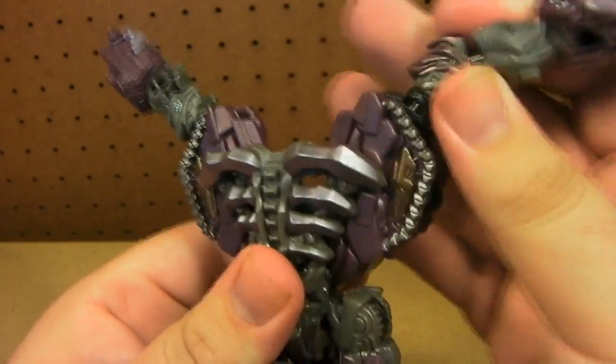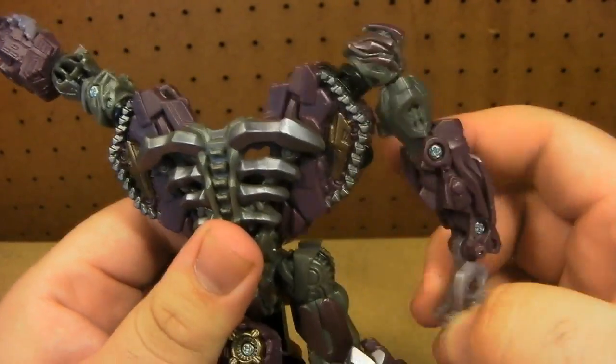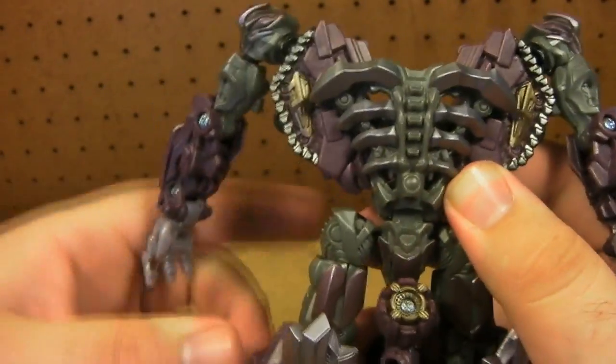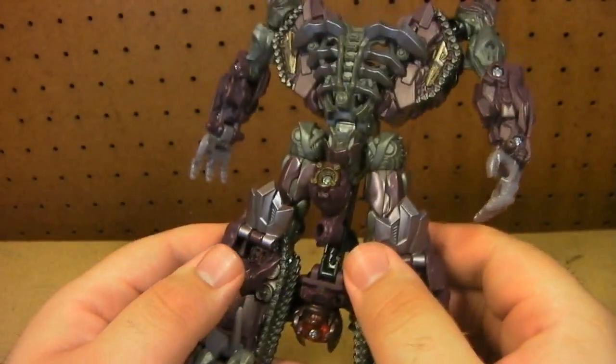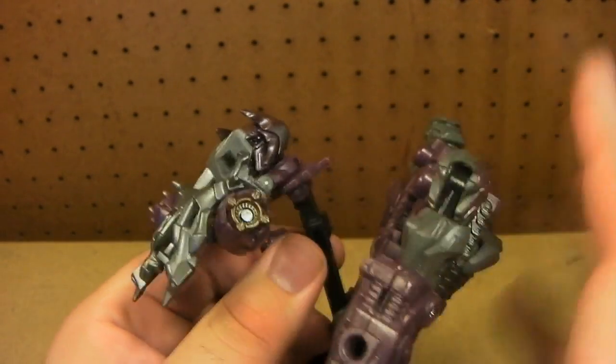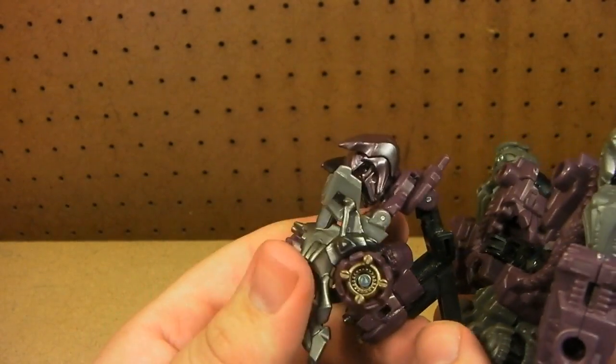Now for his arms, you just want to fold them around, bring them down, pop the hands out, fold them around, bring it down, pop the hands out. And then lastly, we need to do his head. Now to get his head unlocked out of the visor, you just want to flip this whole piece back, which will become his backpack,